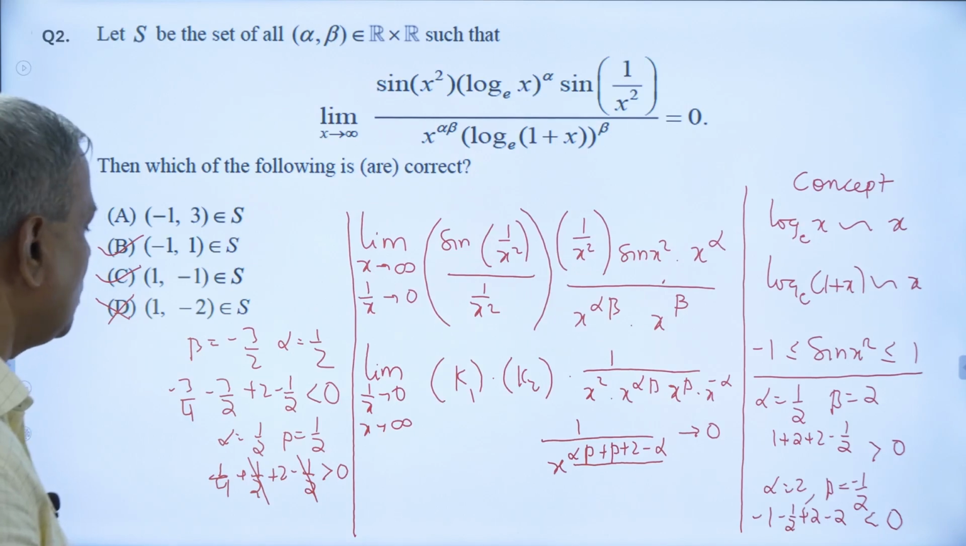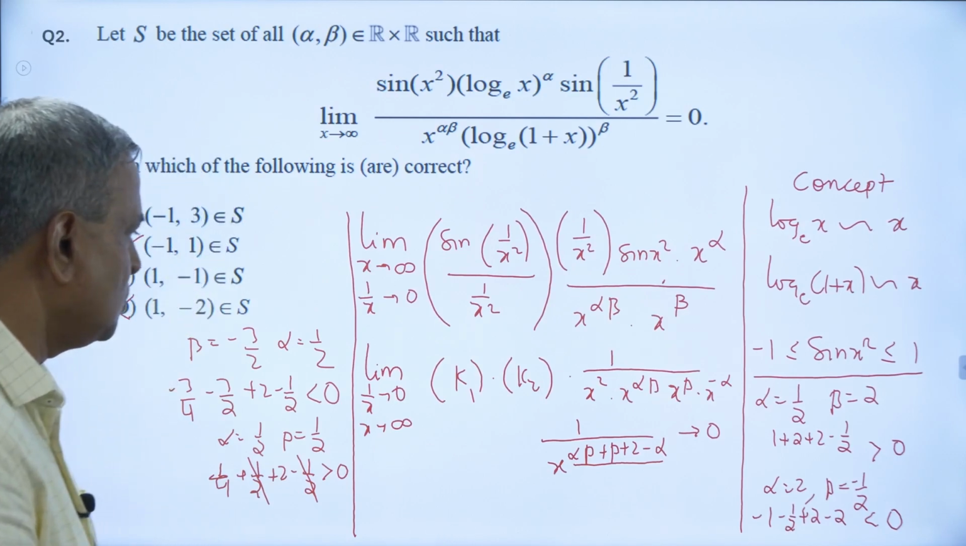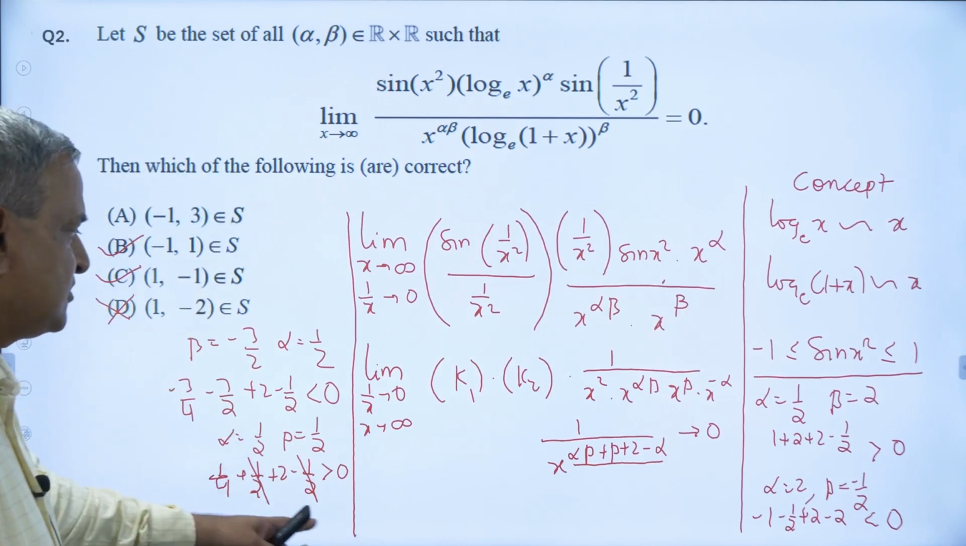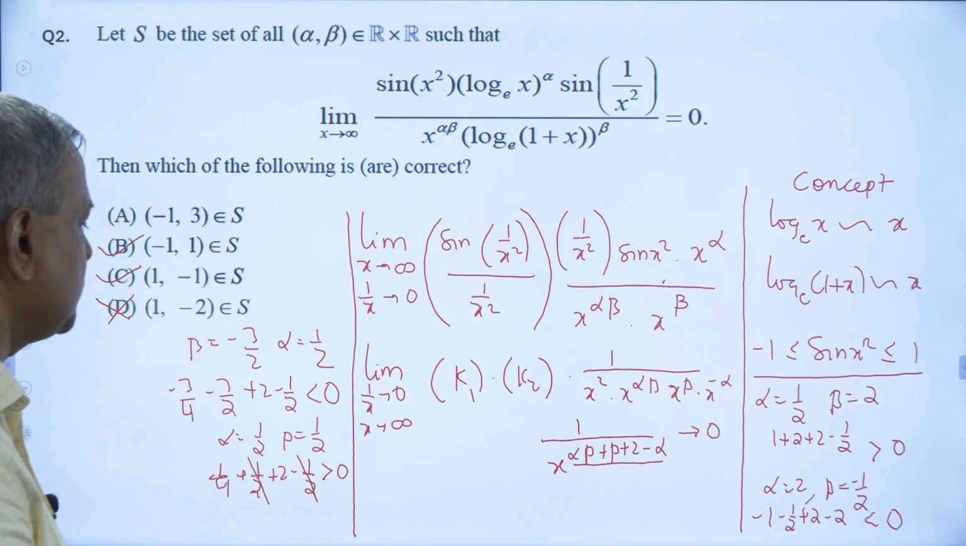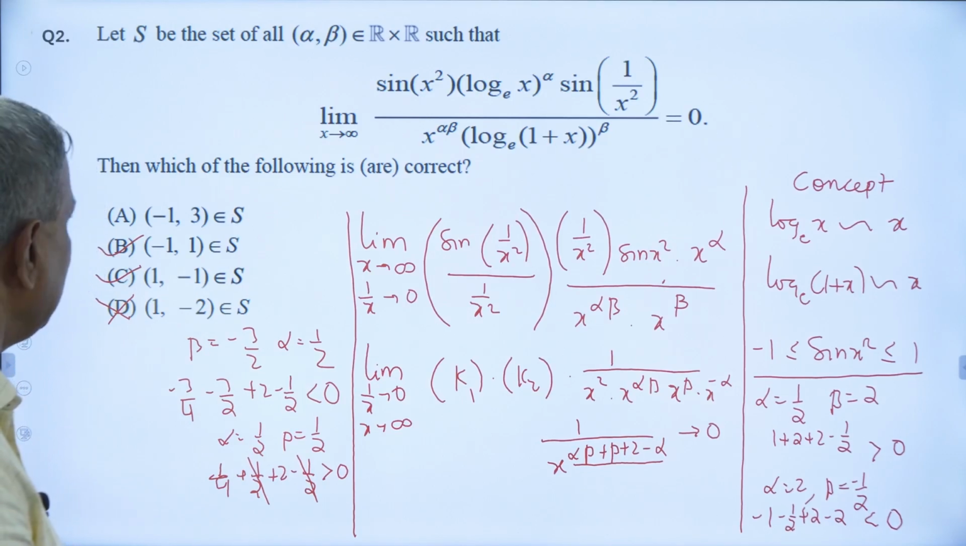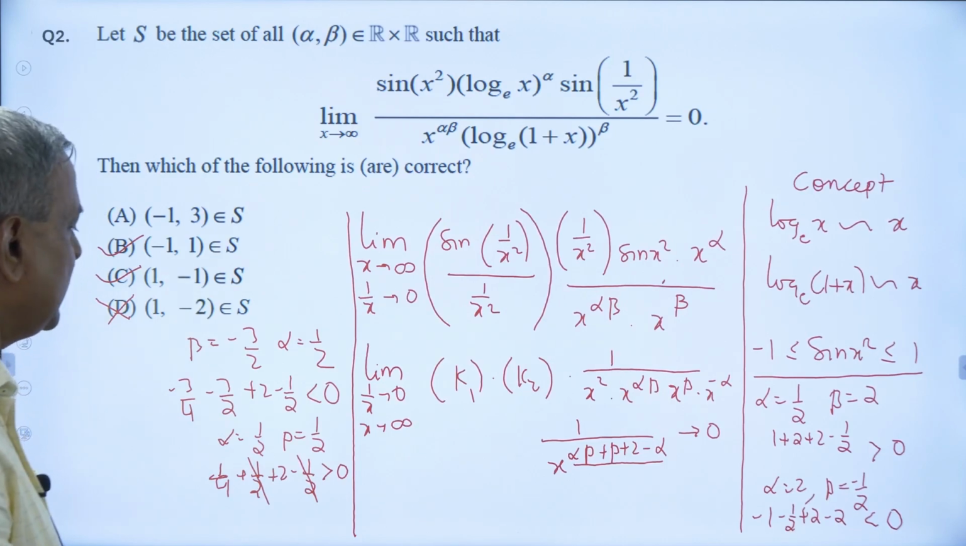We have to reject that option. So if we take the value of alpha, this is coming as less than 0, but it must be greater than 0, so we have to make a value less than 0. So for less than 0, if we take the value minus half and 2, minus 1, and beta value as minus 1,